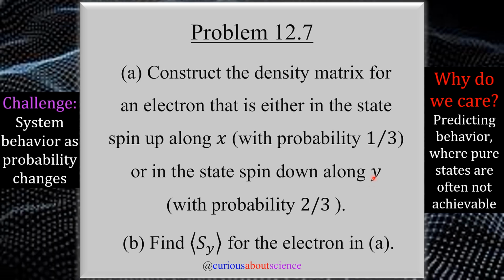So the challenge here is what happens with the system behavior as these 1/3, 2/3 probabilities start changing. How do we even get them in the first place? Things like that. That being said, this problem's straightforward and pretty much everything's in the video,